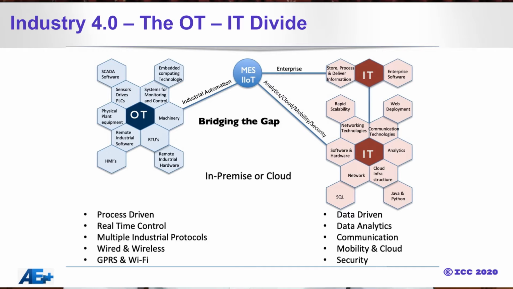When we talk about Industry 4.0 or Industrial Internet of Things, the first challenge that organizations encounter is the OT IT divide. On the left side of the screen, as you can see, the OT side, it's traditional factory automation or plant automation, or as we call it, industrial automation, where we have RTUs, we have drives, we have PLCs, we have DCS, and we have at the highest end a SCADA. A SCADA has always been part of the factory automation for years.